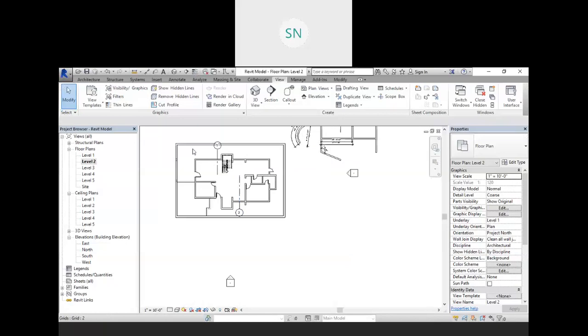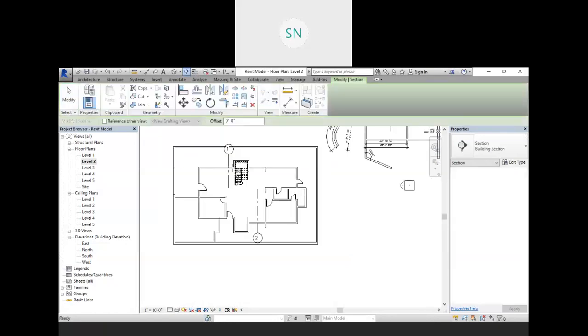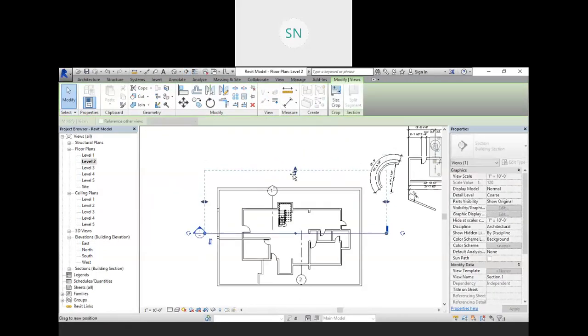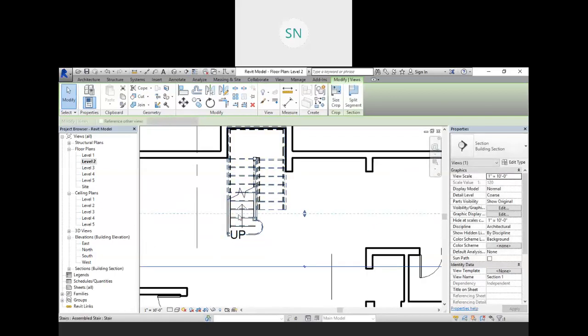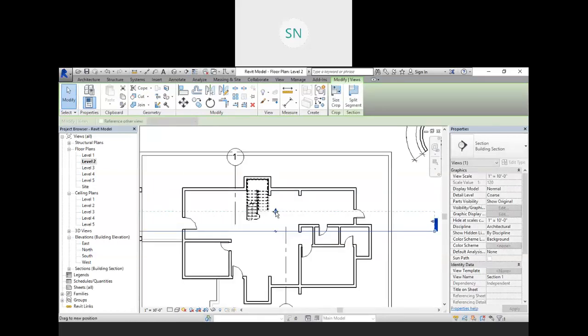So go to the view and here we have section. Click on the section. Click a line and drag it all the way to the next position. And this is your view range. If I place my view range up to this point, then only this much stair will be visible. This wall will not be visible in my view. So we need to take this view range up to the